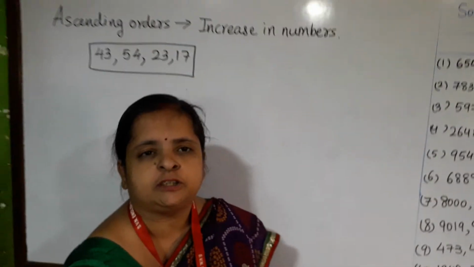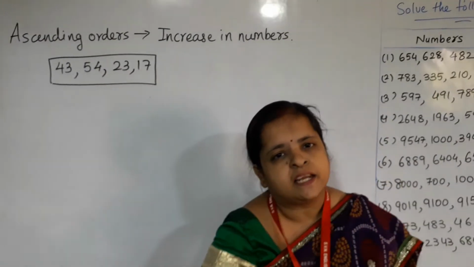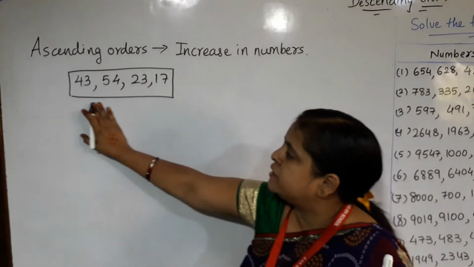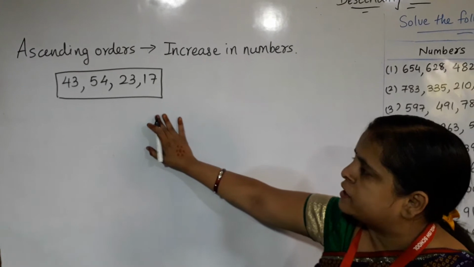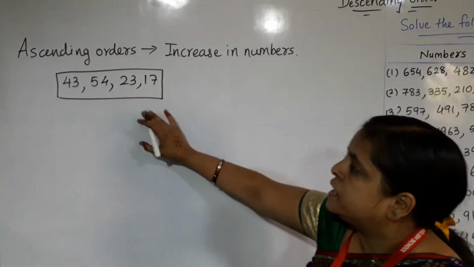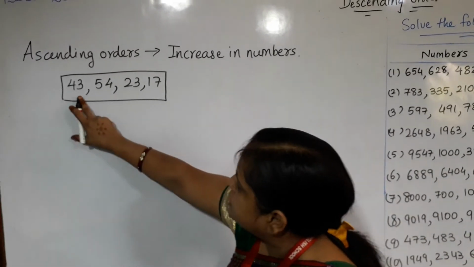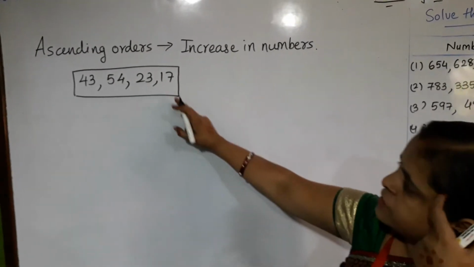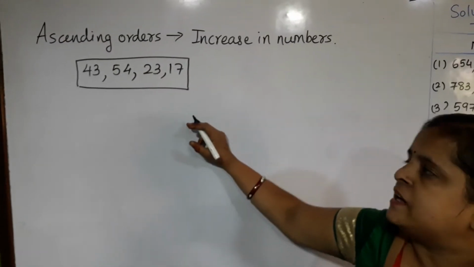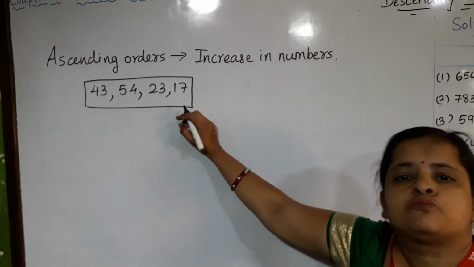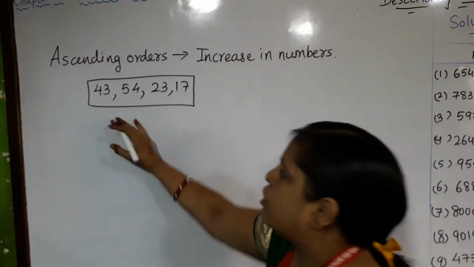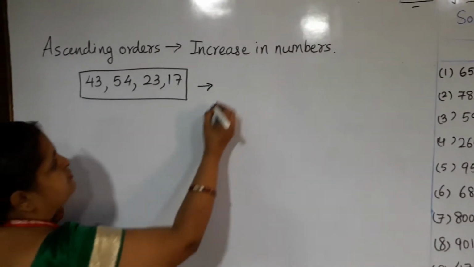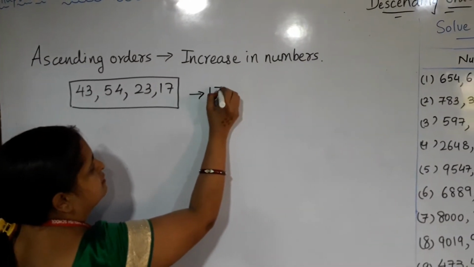सबसे छोटा नंबर जो होता है उसको हम लोग सबसे पहले लिखते हैं. तो सबसे पहले छोटा नंबर इसमें से कौन सा है? That वो तो आपको find out करना है. You have to find out the smallest number in these numbers. Here 43, 54, 23 and 17. You know it very well. 17 is the smallest number in all these numbers. Then how will you write this? Firstly, we will write 17.